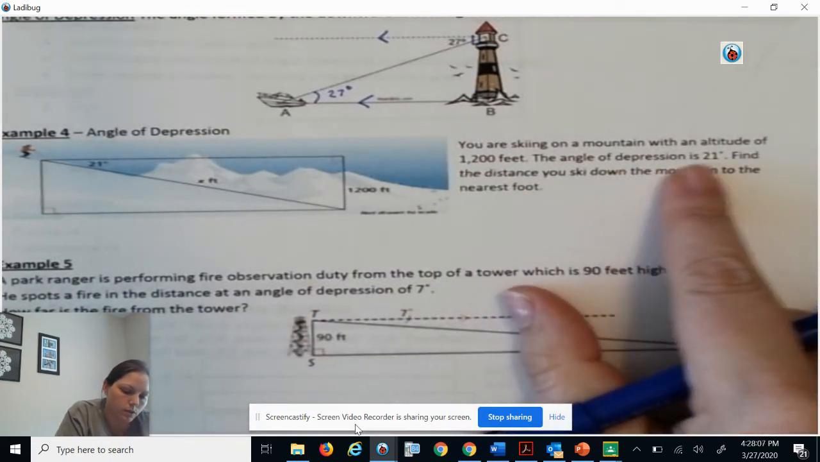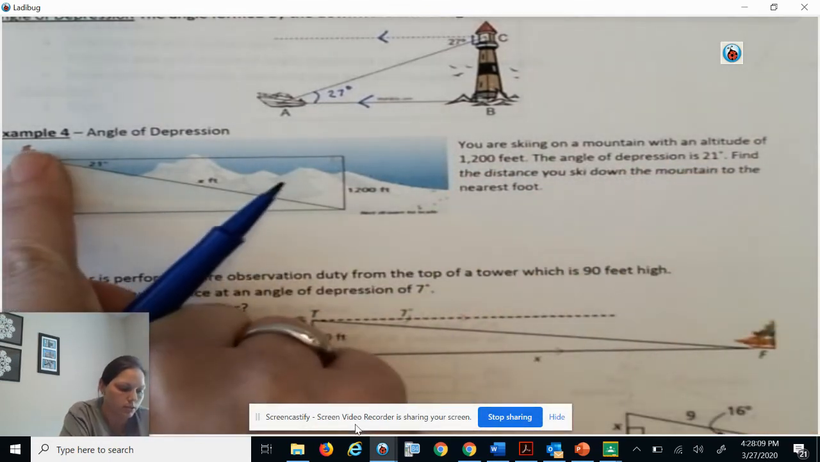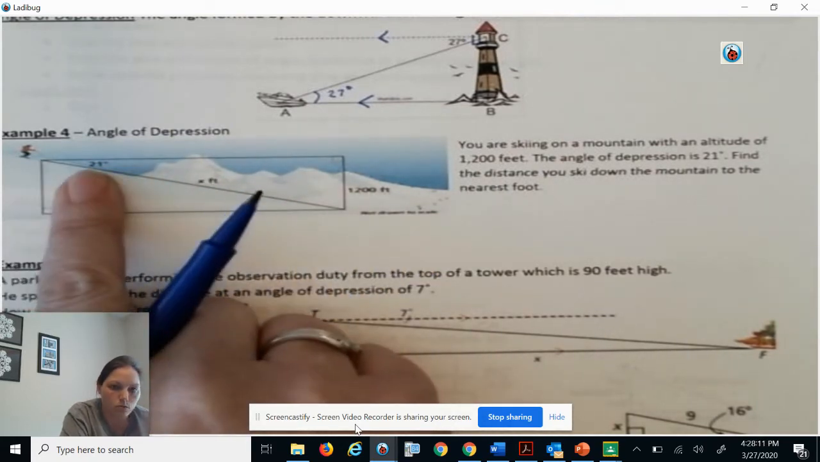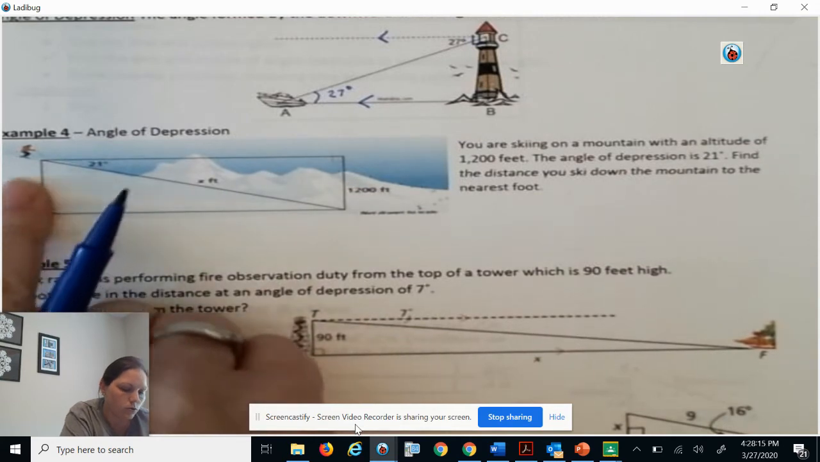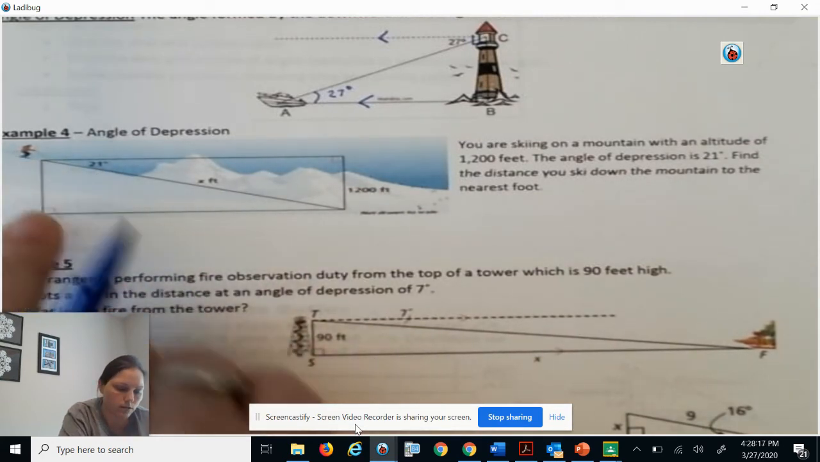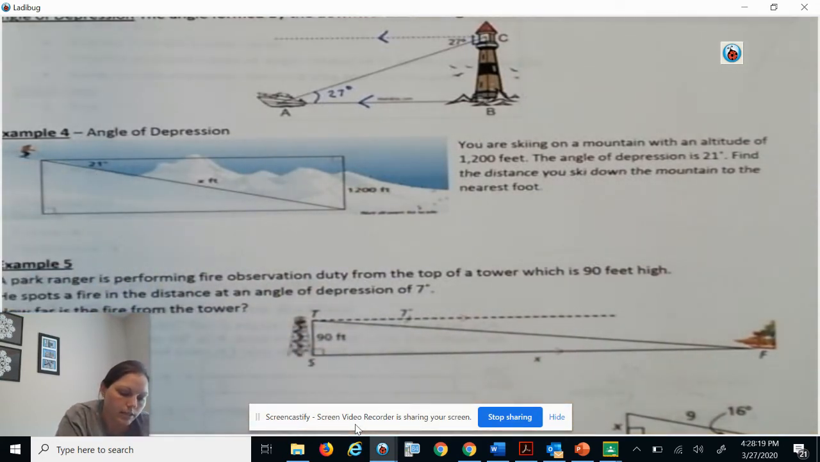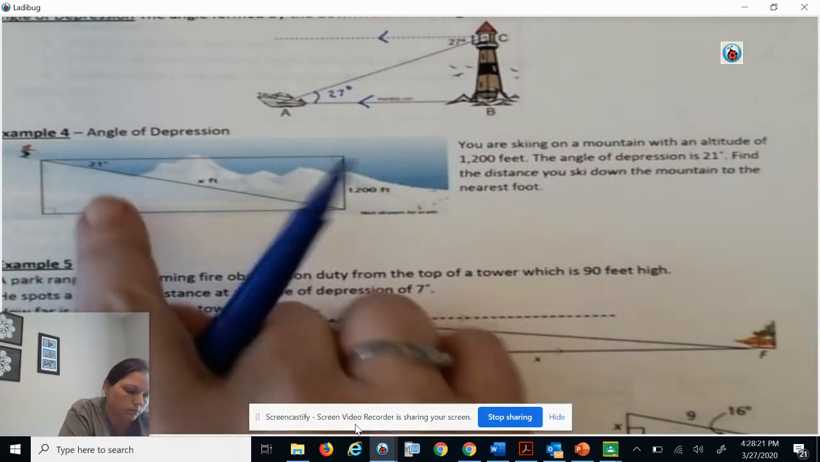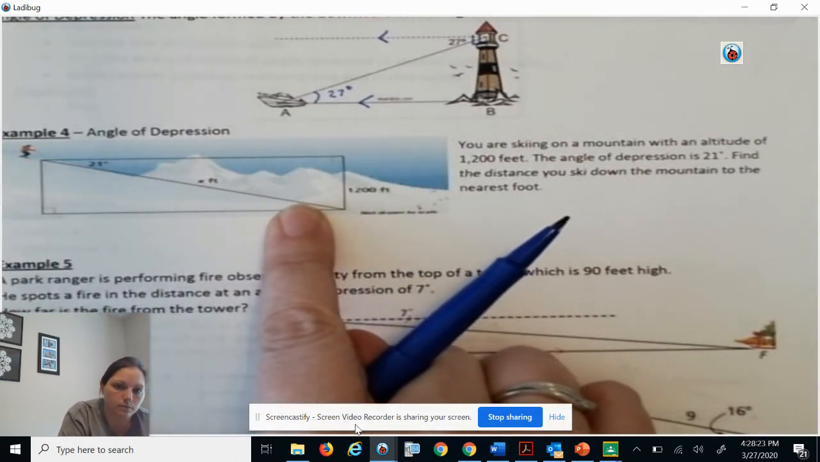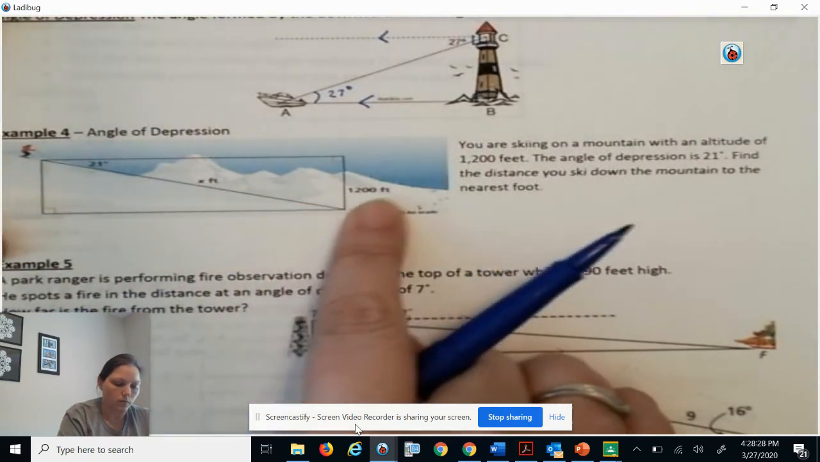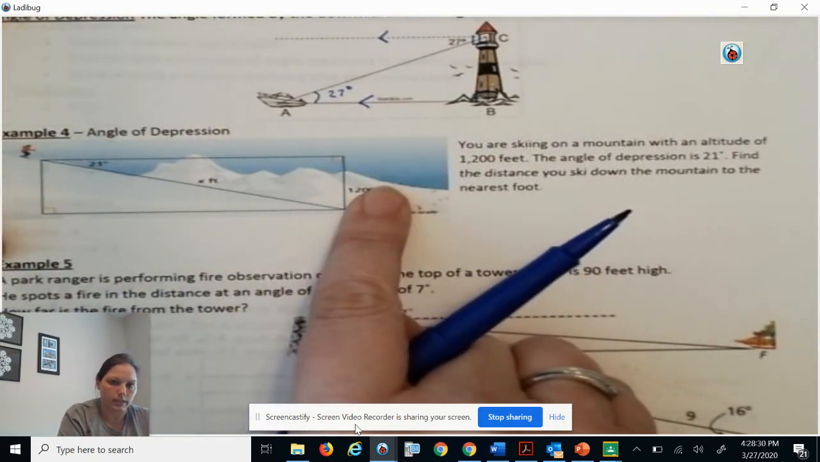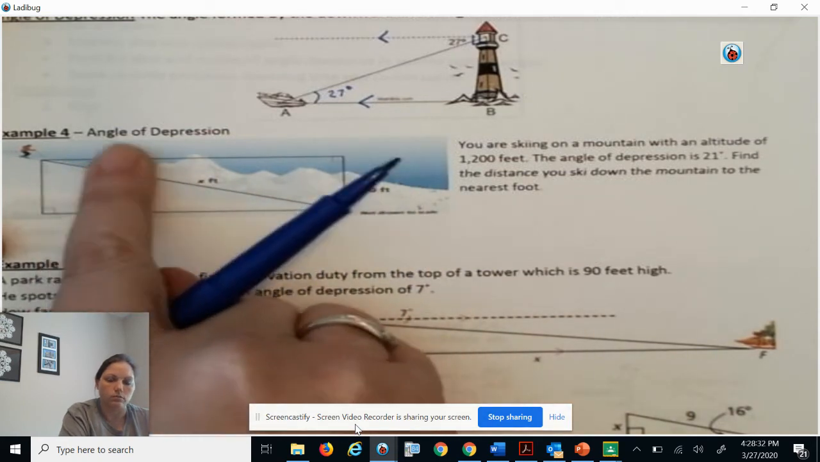The angle of depression is 21 degrees. So the slope of that hill is 21 degrees. The height of the mountain, or the height of you, is 12,000 feet. We want to find the distance you ski down the mountain to the nearest foot. Okay, so if I know the elevation, I know a side length, I know an angle, I can use a